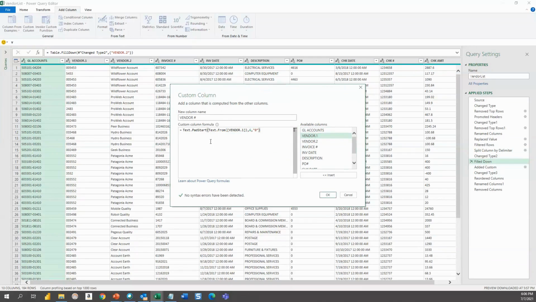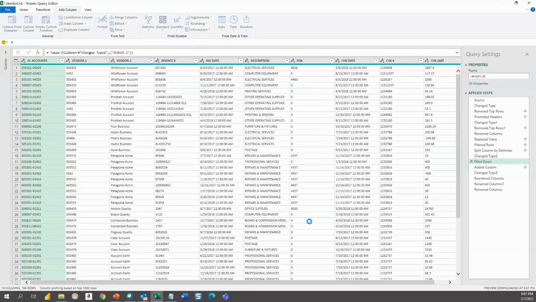formula. I did show you where, if you have a mistake, you need to read it and make sure it's in there correctly. You need to have a parentheses after the Text.PadStart and after the Text.From. And down here it says no syntax errors have been detected. So if you look at this Vendor 1 and you hit OK,